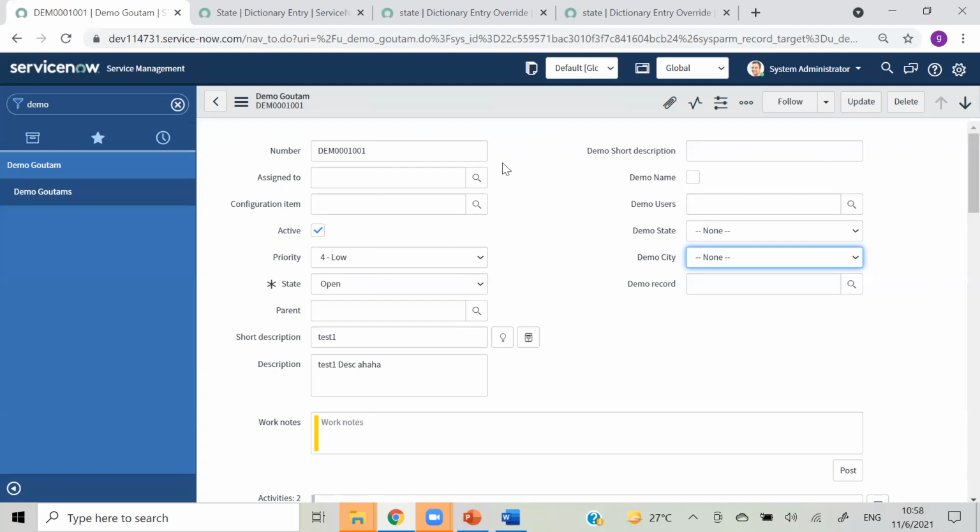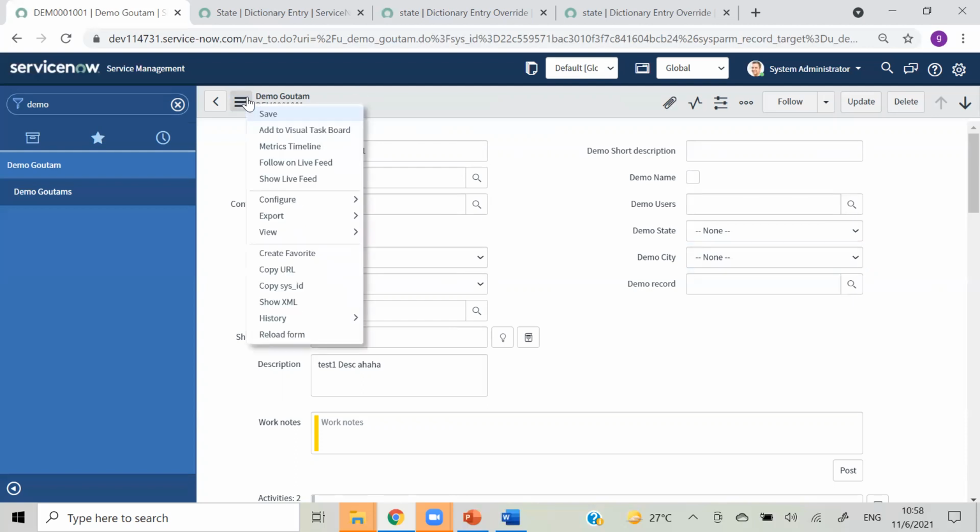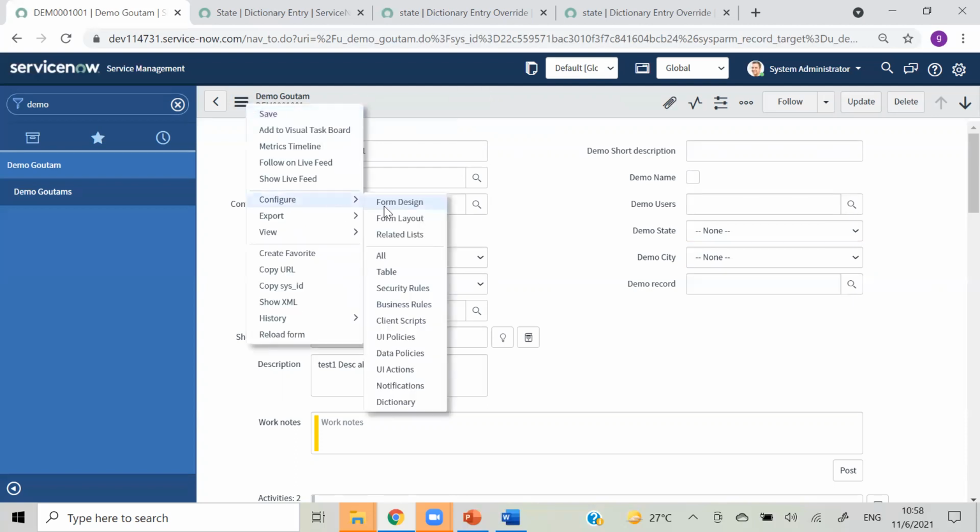Okay, and that dependent choice is also a compulsory question if you are going with 1 or 2 years of experience. And no one will ask about form design or form layout if you are going with 3-4 years of experience. But if you are going with basic experience like 6 months, 1 year, they will ask you what you can do on form design, what you can do on form layout.